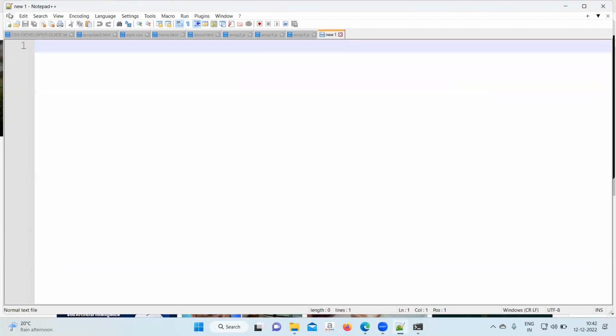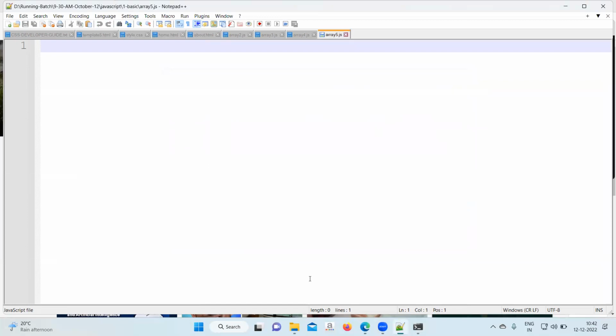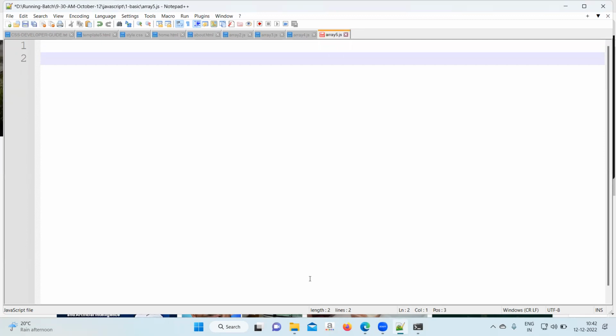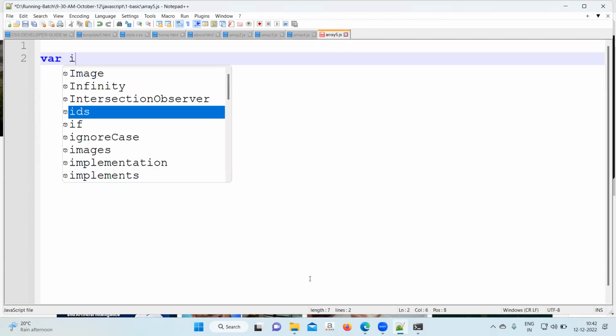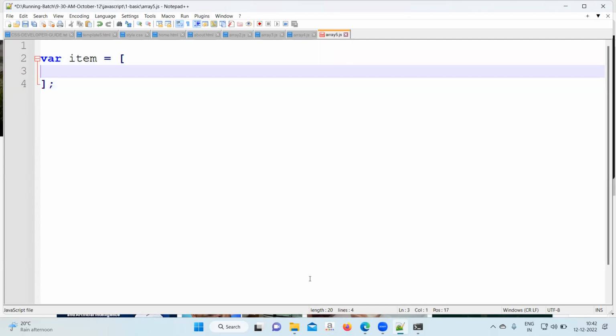Create next file, array5. Array5.js. In array5.js, it will be an array of objects, but with small changes. Write a variable item equal to, again a square bracket, open and close. Keep inside an object with two properties,